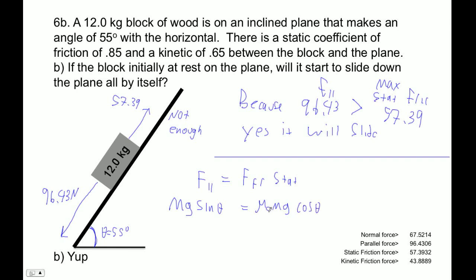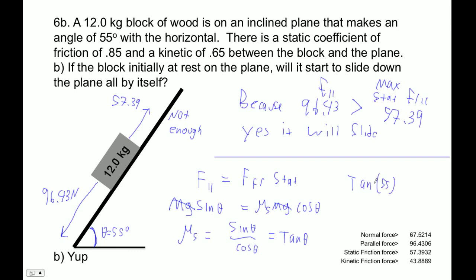Where this is our static coefficient, right? Now the mg's go the way of the bison, right? So it doesn't matter what the mass of the block is, it depends only on the coefficient of friction. In fact, if we look for the static coefficient, right, I'll end up with sine theta over cos theta, okay? That's the tangent of theta. Now, just for fun, the tangent of